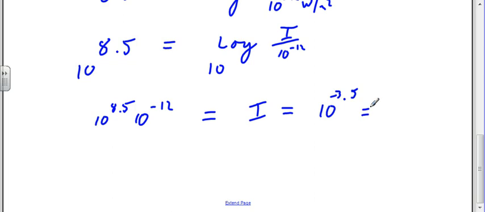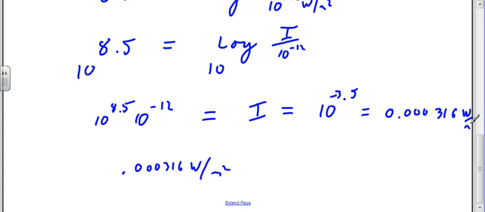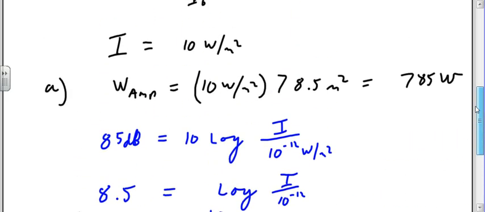Okay, so 10 raised to the minus 3.5 is 0.000316 watts per meter. Okay, so I want 0.000316 watts per meter squared. That's really meter squared. All right, now that's going to have to equal